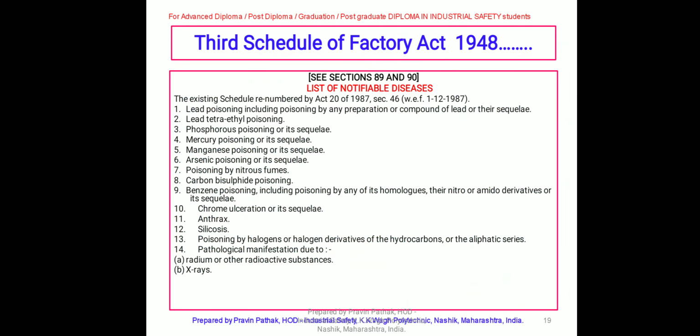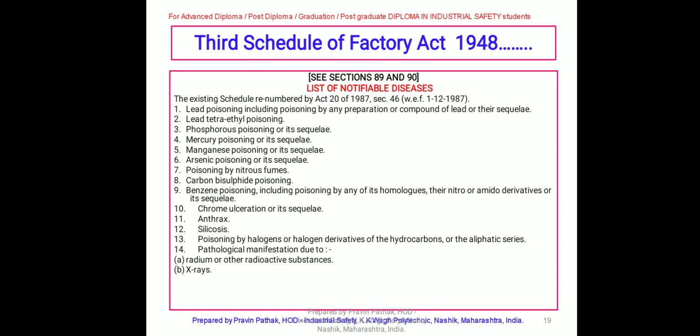Then the third schedule focuses on the list of notifiable diseases. The reference for the notifiable diseases are sections 89 and 90. The list of notifiable diseases are given in the third schedule, like lead poisoning, lead tetraethyl poisoning, phosphorus poisoning, mercury poisoning, manganese poisoning, arsenic poisoning, nitrous fume poisoning, carbon bisulfide, benzene poisoning, chrome ulceration, anthrax, silicosis, poisoning by halogens, pathological